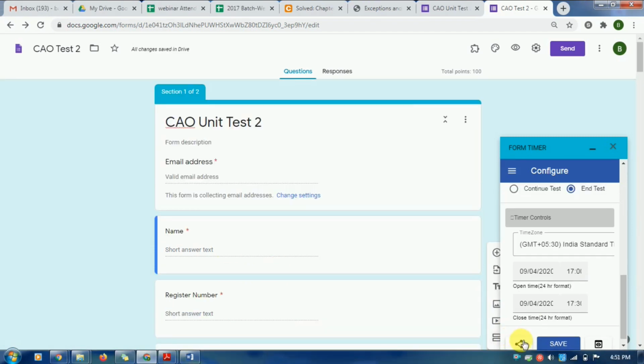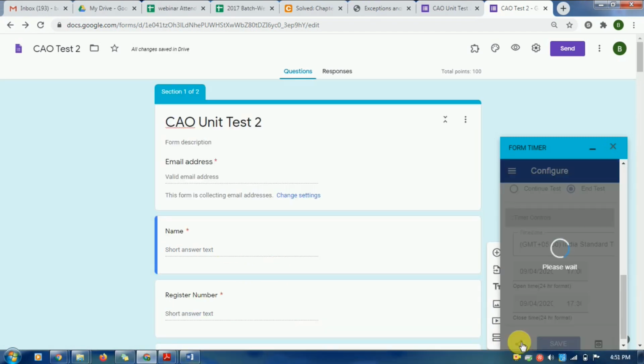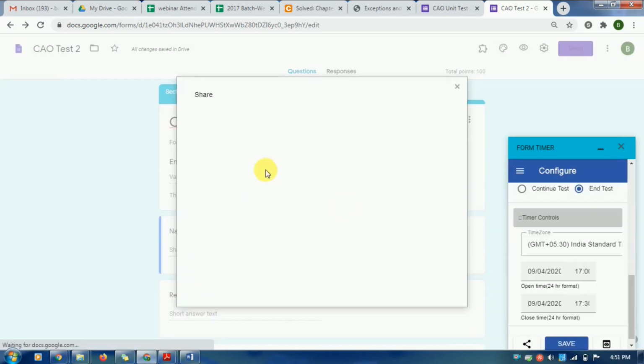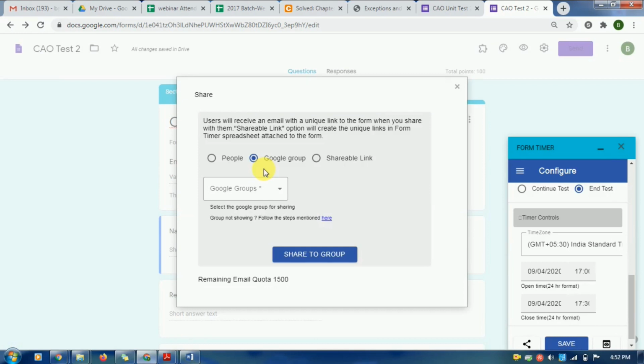Click on the Share button. A new window will open here. Here you will have different options to share the link with the students. You can send the link to each and every student individually, or you can send it through a Google group.